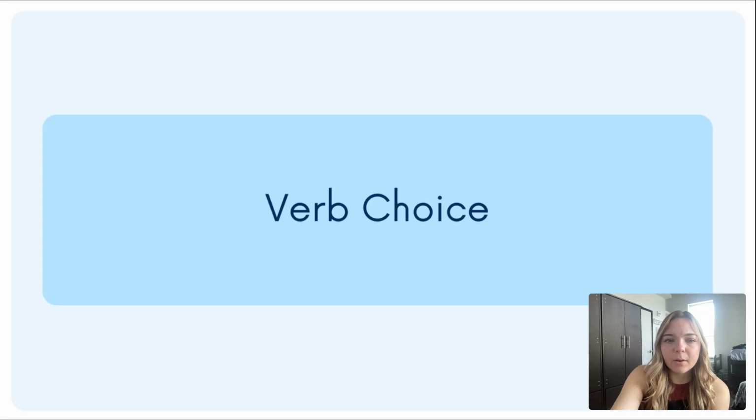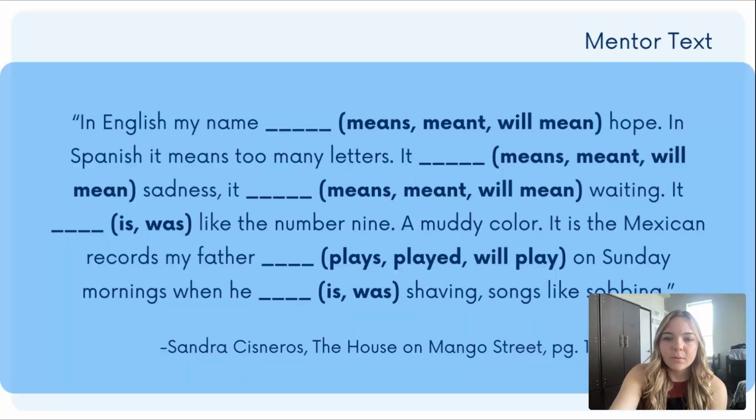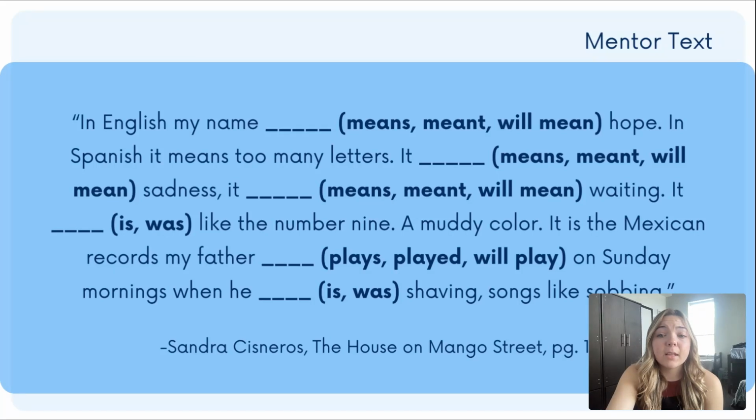Great. Now, finally, another activity to practice consistency in tense is verb choice. This is another discovery activity that allows students to experiment with correct tenses of verbs. So for this, we're going to use the same mentor text that we used before. And using this mentor text, you're going to make blanks where some of the verbs are. Be intentional to leave a few of the verbs there so that the students will have a reference point as they go. Depends on the grade of your students, but if they're older, maybe encourage them to not have any,